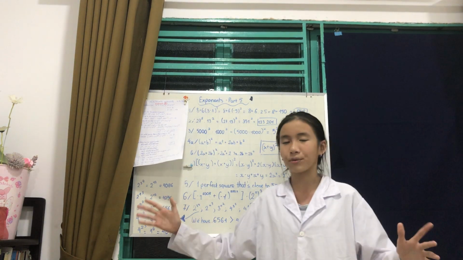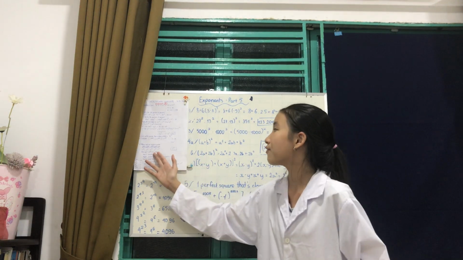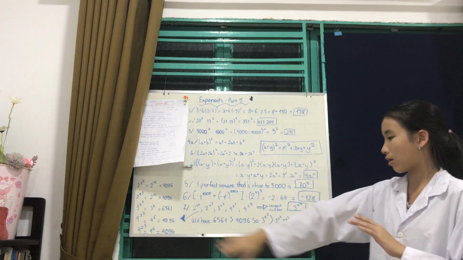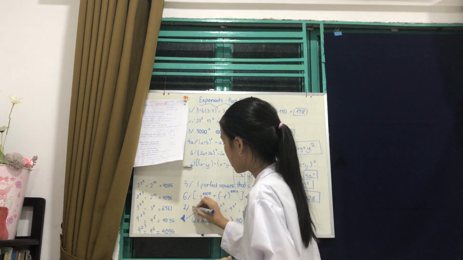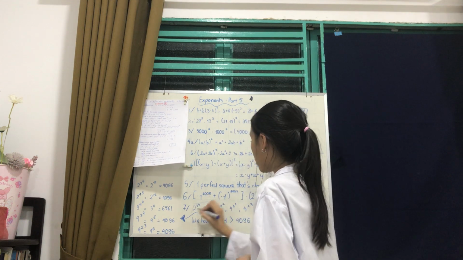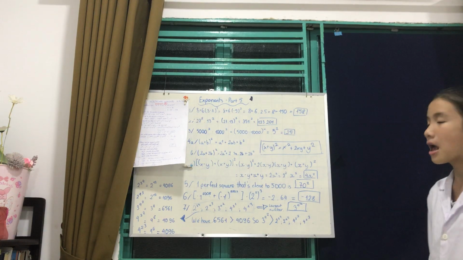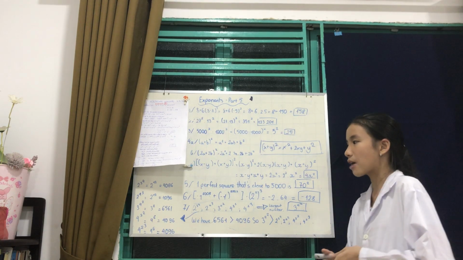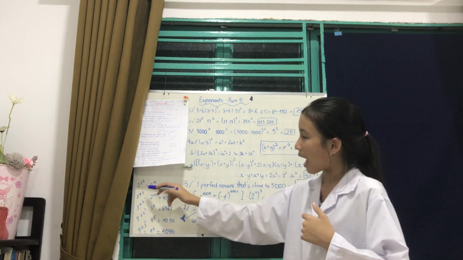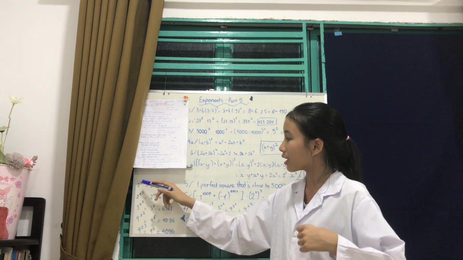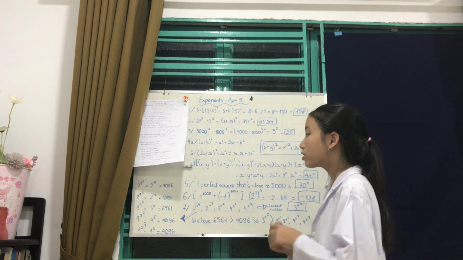For our final problem, problem number 7. Problem number 7 is, please find the largest number in all of these numbers. Now we have these numbers, and we must find the largest of them all. Now, one way to do it is that we will convert all of these exponents out. We will have 2 to the power of 3 and 2 to the power of 4 will equal 2 to the power of 12, which will equal